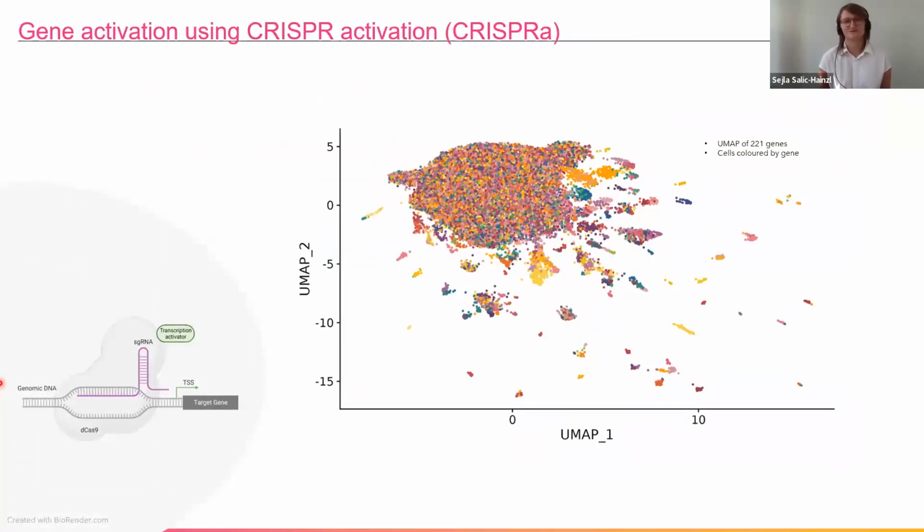Just as an outlook, I talked a lot about CRISPR knockout screens, where we're really knocking out genes, but the CRISPR toolbox has much more to offer. I'm just mentioning here CRISPR activation. In the past, we've also been quite successful in performing screens where we are activating genes that are not expressed in cells. For that, this quite colorful UMAP is showing a depiction of 221 genes, and cells are colored by the guide they're expressing. And we do see that in this screen, at least, the activation has caused quite some phenotypes